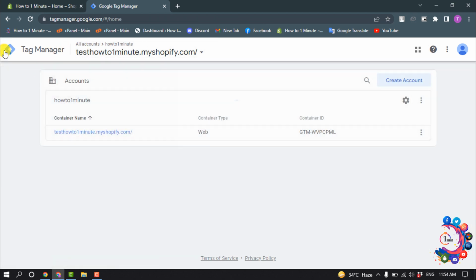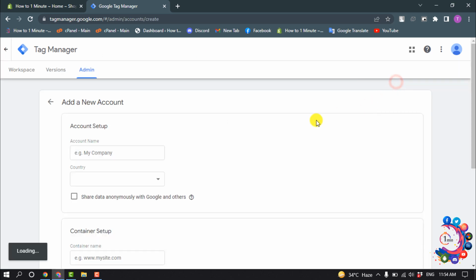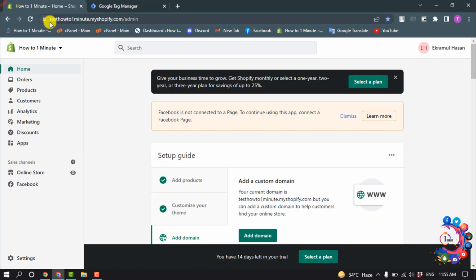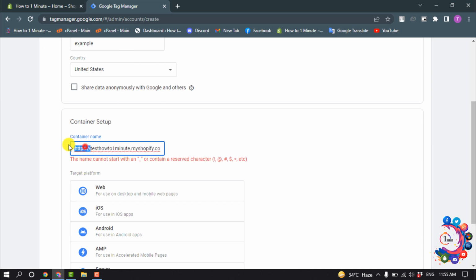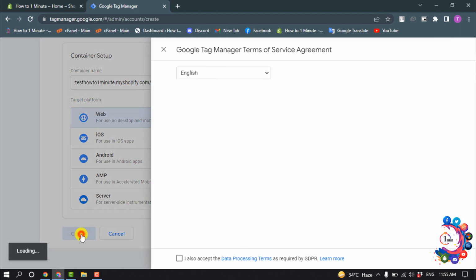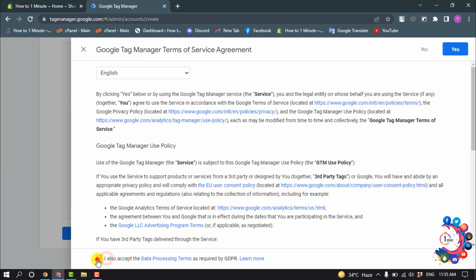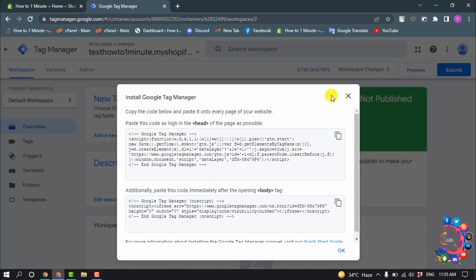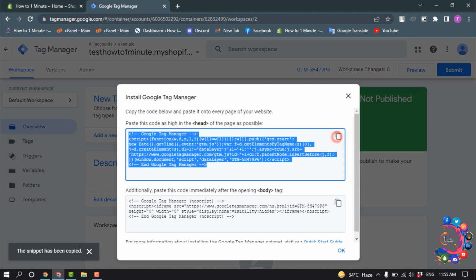So I'm going back from here and I'm clicking on create account name. You can select country and enter your Shopify website URL without HTTPS, and select web and click on create. Check this option and click on yes. So the account has been successfully created, and now copy this first code by clicking here